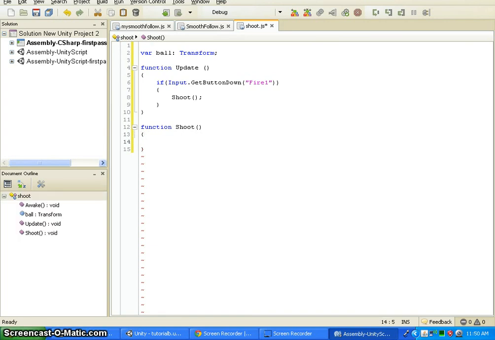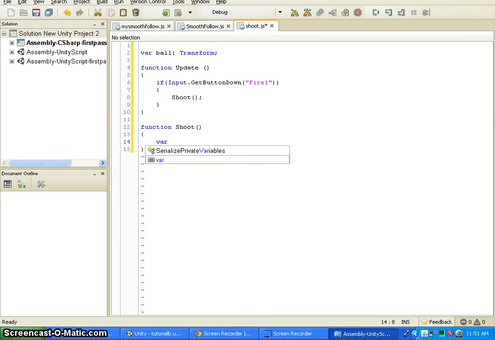We want to go ahead and create a new variable real quick to create a bullet, right? So now this is not a variable we want to see in our inspector. This is just a variable that this function is going to be using, so we want to create it inside our function. I'm just going to go ahead and call this variable bullet equals